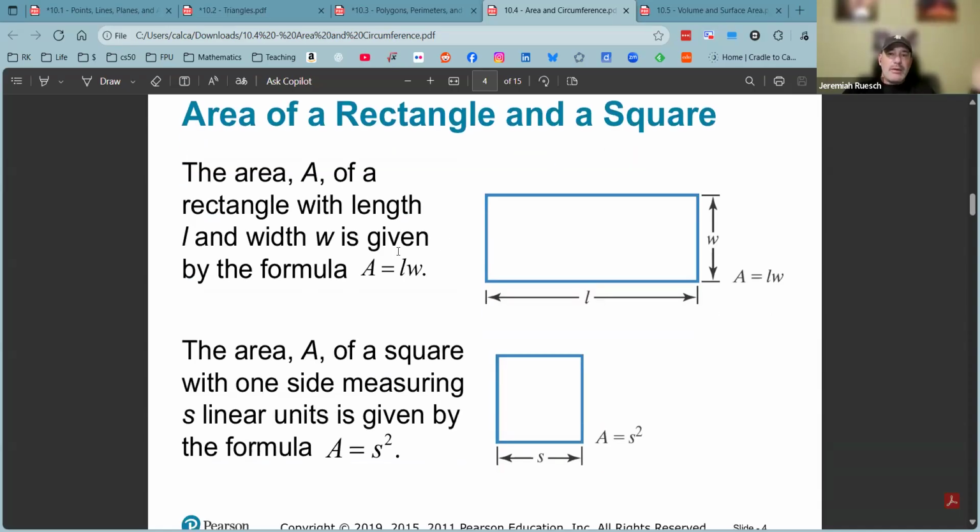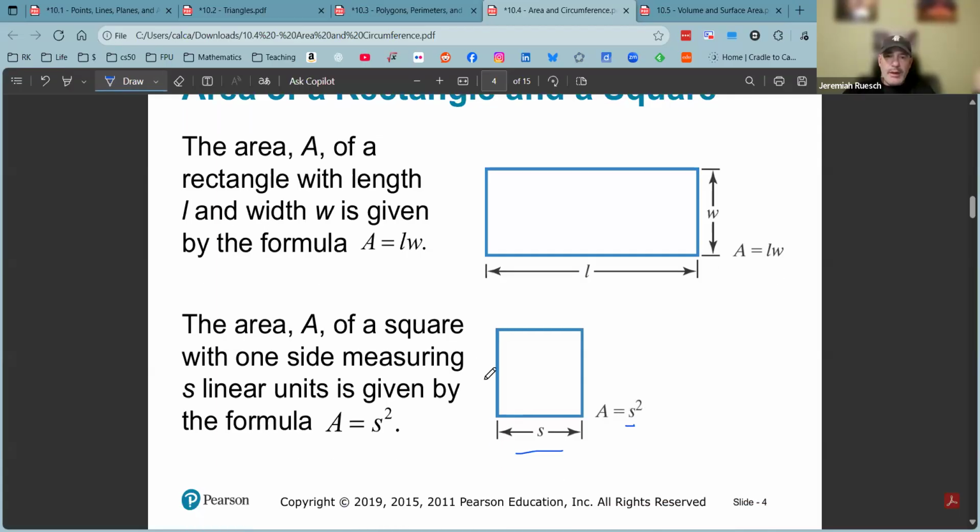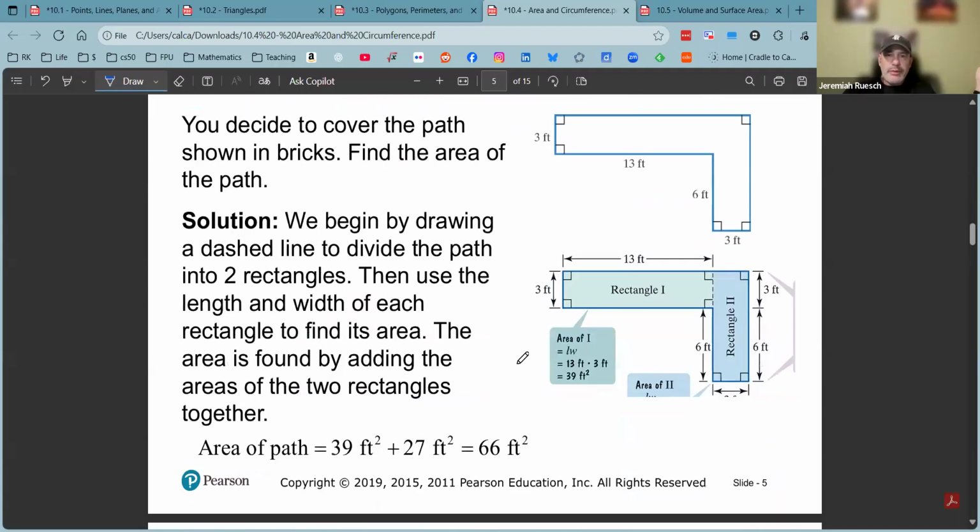All right, so the area of a rectangle and a square. This should be fairly familiar to us as you're following along. The area of a rectangle is just base times height, or length times width. And that's true of a square. With the special case of a square, just notice that your L and W are the same length, which is why you get S squared, or the side squared. All right, so solving problems